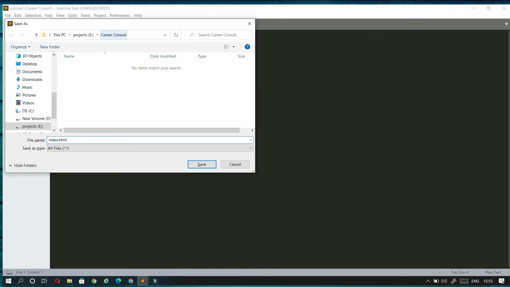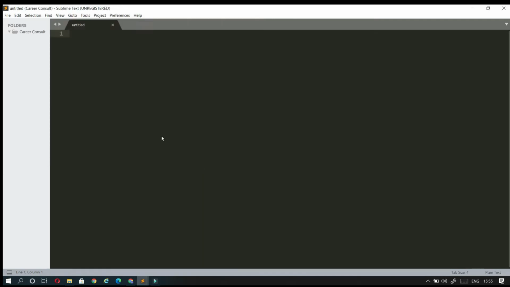index.html. Please note that for each and every HTML file you need to add the extension .html. It should be there in each and every HTML page. I will explain why you need to name it index.html in my upcoming videos in the course. It has a specific meaning, so I will explain that later in the course. So I have created and saved index.html in the folder.